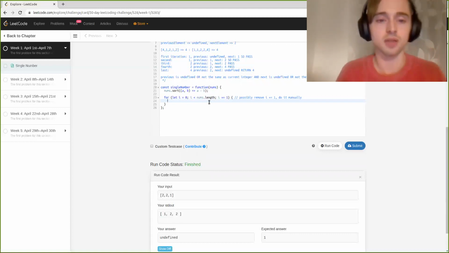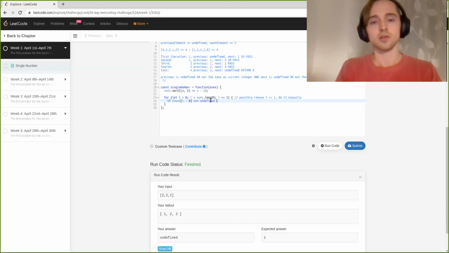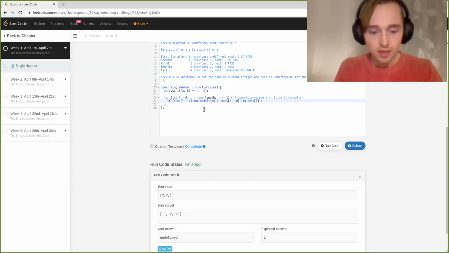So basically, let's put in that case where we know we can return if nums i minus 0 is undefined, or nums 0 is not equal to nums i, which is the current element, and